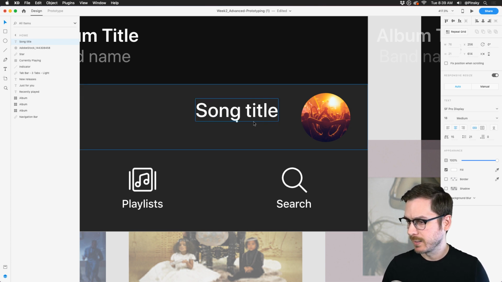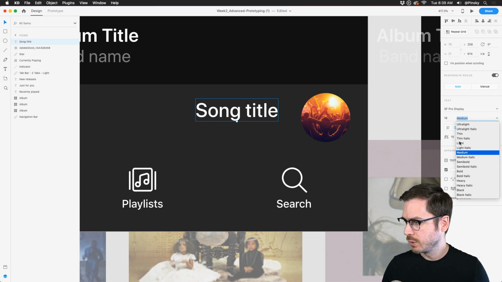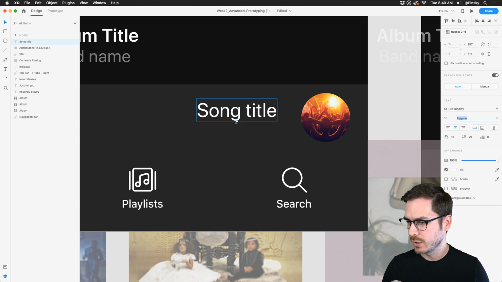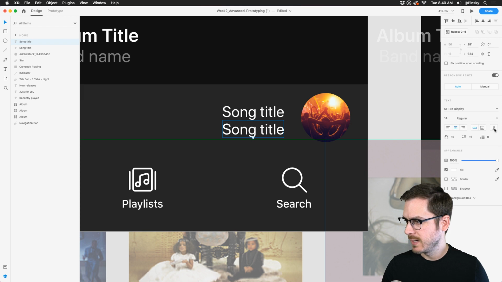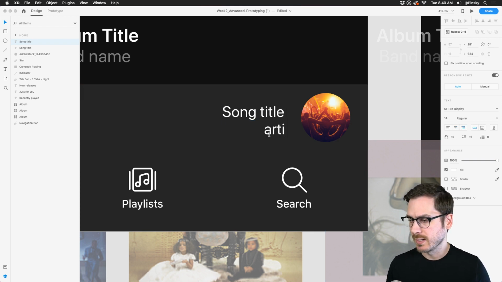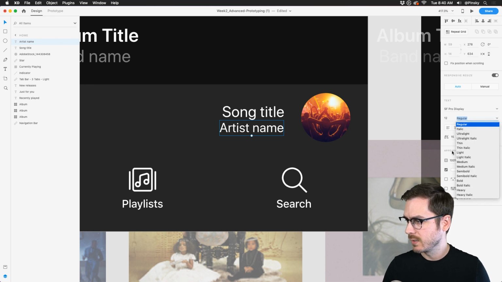I'm going to make sure it has my font selected, and it does. I'll drop that down to, let's say, regular, so it's not super bold. And we'll try 14 at the moment. We'll see what that looks like. That's 11. Let's bump it up to 16. Perfect. All right. Drop that down, make sure it's right justified so it lines up with that, and this will be artist name. This is going to be a little bit smaller. 12 looks good. Make sure to line it up. And I'm going to drop the opacity and the weight as well.